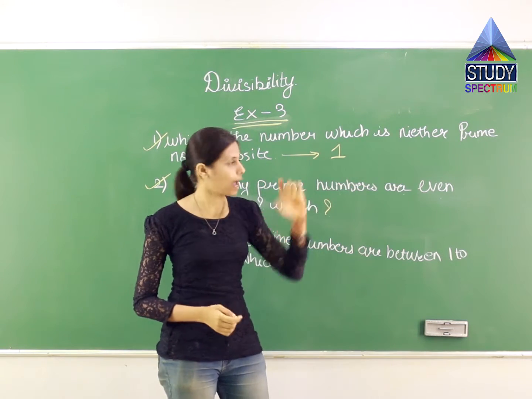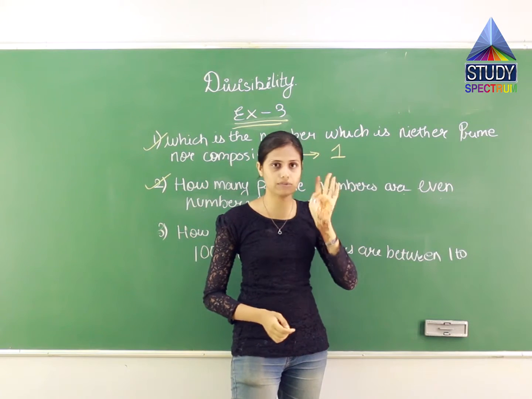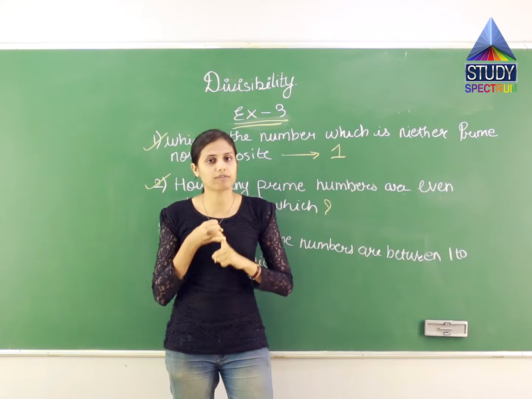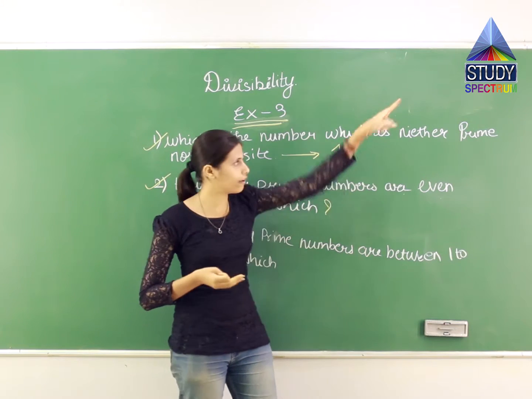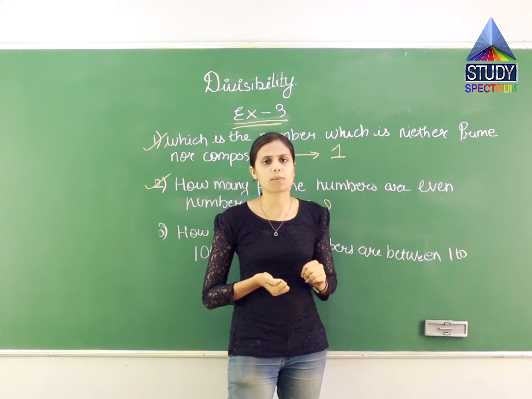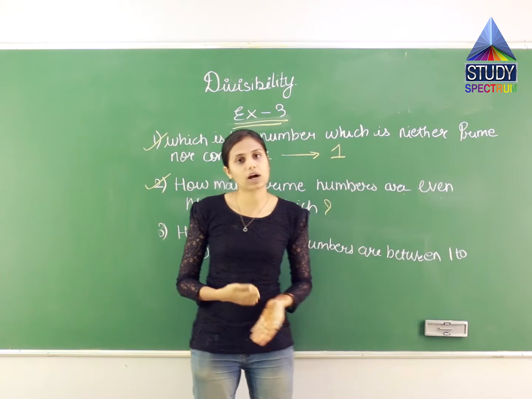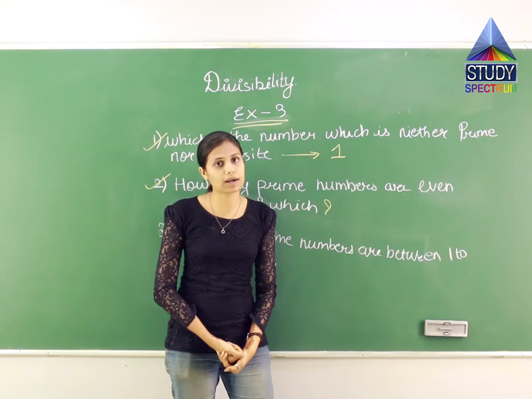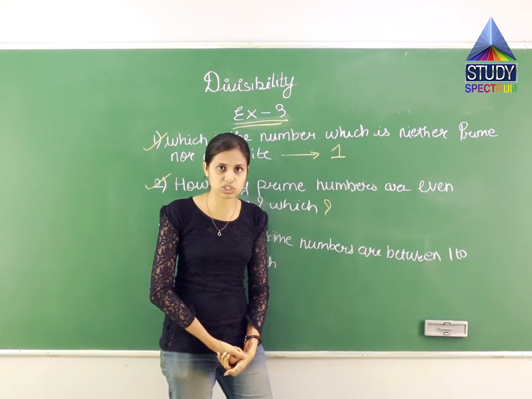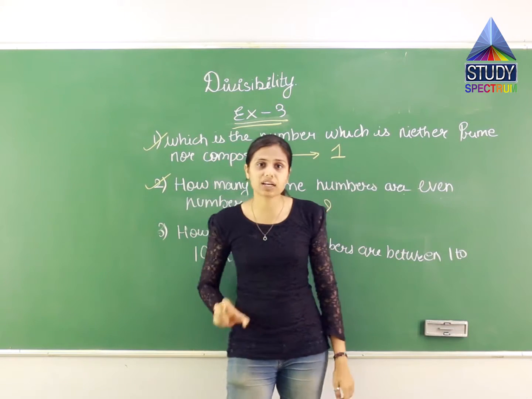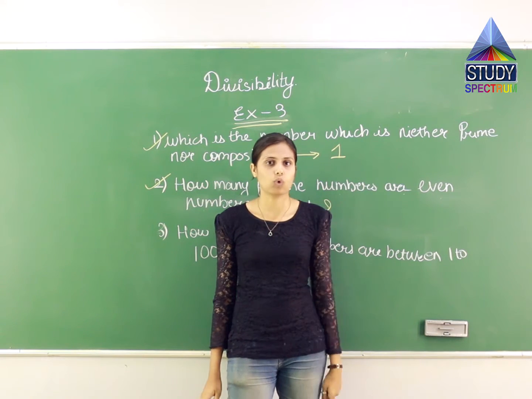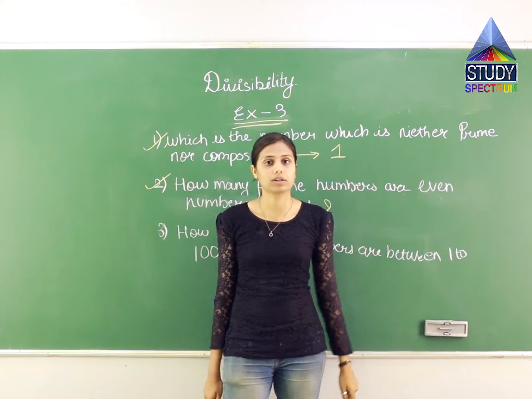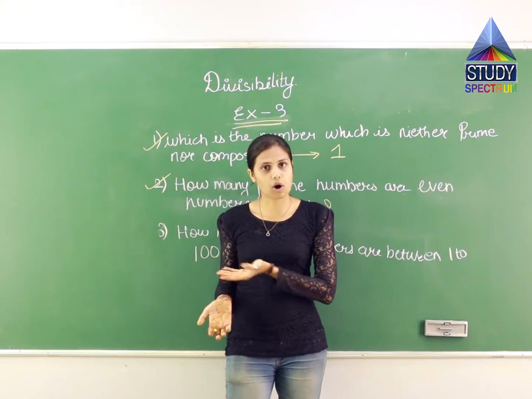See, if you take 2's table, if suppose you take 4, so 4 is a composite number because it has factors 1, 2 and 4. Like I have given you the example, right? So 4 is a composite number. What is the next even number? 6. So 6 also comes in 2's table. If you take the next number 8, 8 is also there in 2's table, right? So every even number can be divided by 2 and you get a natural number. Means every even number is a composite number, right?